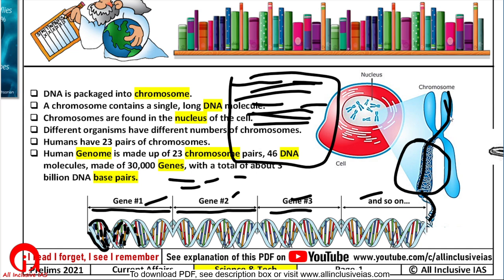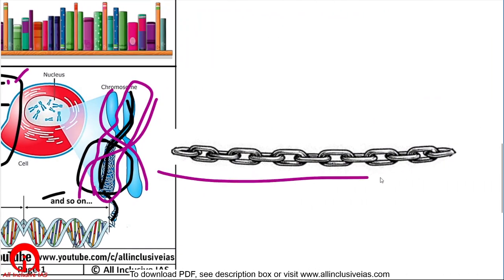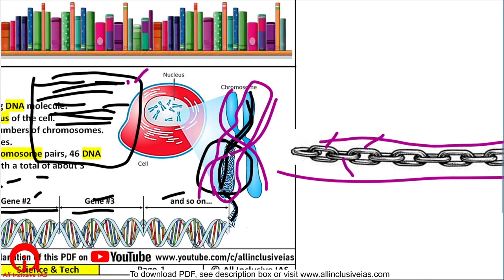Now this single DNA molecule is within a chromosome. So this is a chromosome in which a DNA molecule has been fitted inside. So the chromosome is a page. Okay, and one sheet has 2 pages, front and back. So these are 2 chromosomes. You can also think of a DNA like this, that this is one gene, this is another gene, this is another gene. So genes or sentences combine to form a DNA.